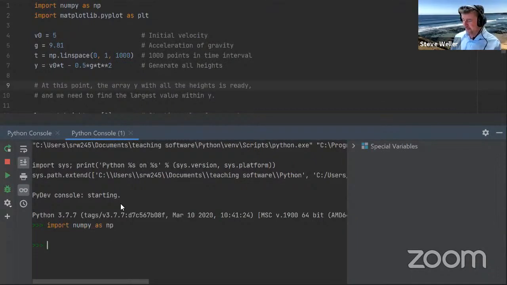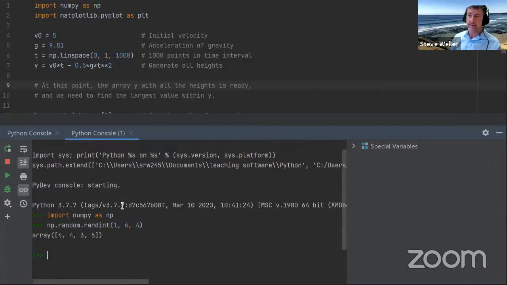Excellent. np.random, so that means the NumPy library, the random module in it, and the randint function inside it. This will generate random integers in the range 1, but not including 6, and this will generate 4 of them. So these 2 lines are exactly in the printed lecture slides. Notice that what's returned is an array, not just 1 random number, but 4 of them.